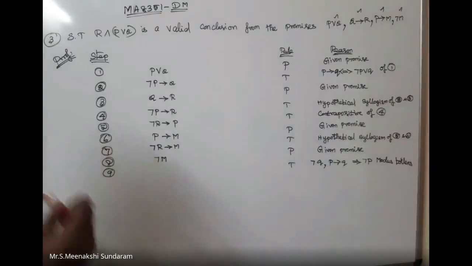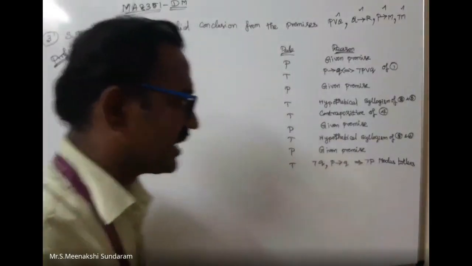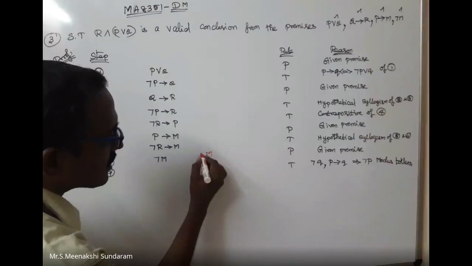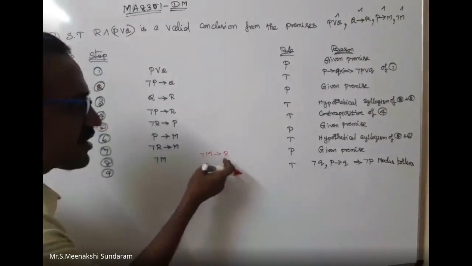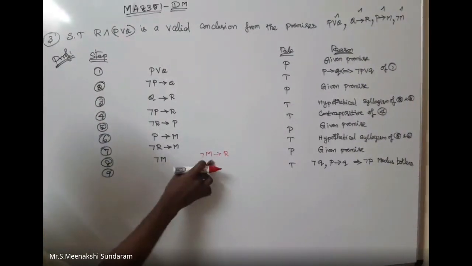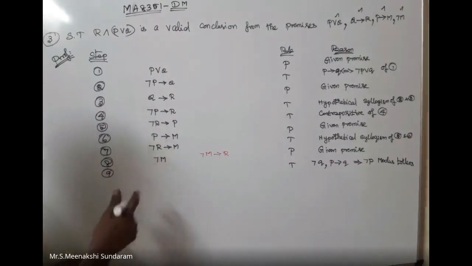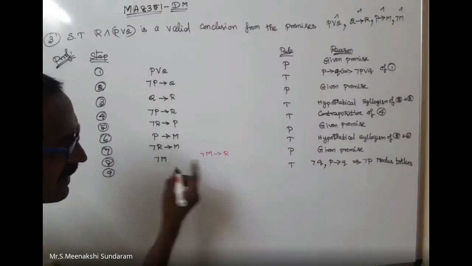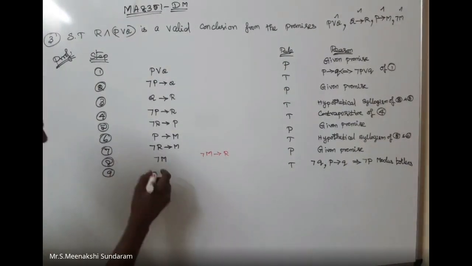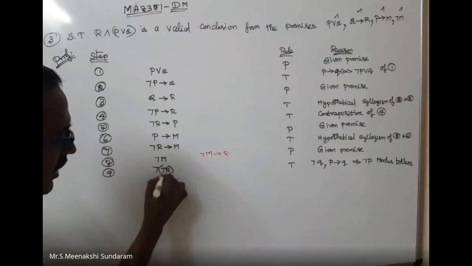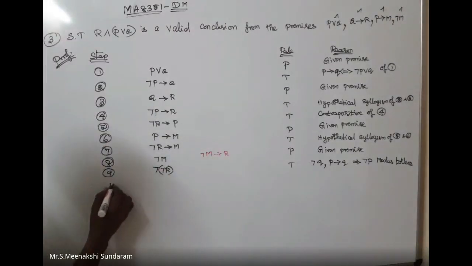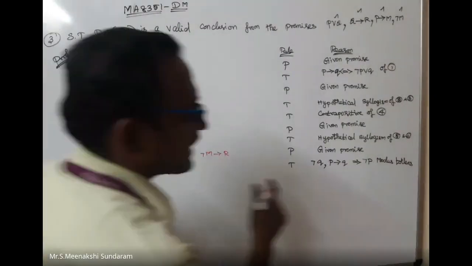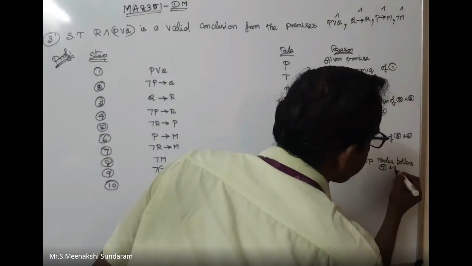Have you understood this one? If I don't know this formula, this can be written as the next step: negation M tends to R. That is the contrapositive. Now you can use modus ponens, P comma P tends to Q. I can write R. Modus ponens is also possible. The answer is negation P, so negation of negation R. This formula, the 10th one. There is a modus tollens of what steps? 7 and 8. I can apply 7 and 8.